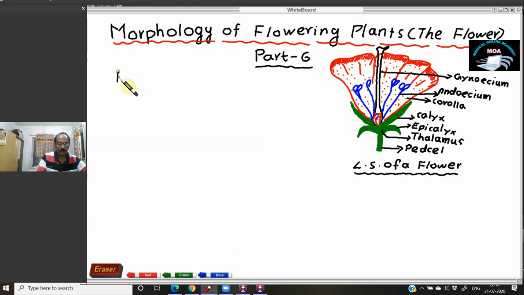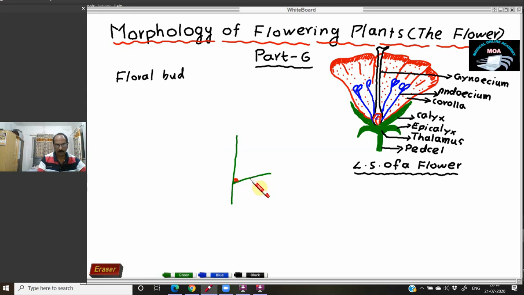So where is the floral bud actually present? How is the floral bud formed? How is the floral bud differentiated? From the floral bud, the flower is originated. So see, suppose this is the stem. In the stem there is a node. In the node you may find a branch or a leaf. In the angle between the stem and the branch or the leaf, you may find a bud. That bud is known as the axillary bud. From this axillary bud, maybe a flower is produced, or a leaf, or